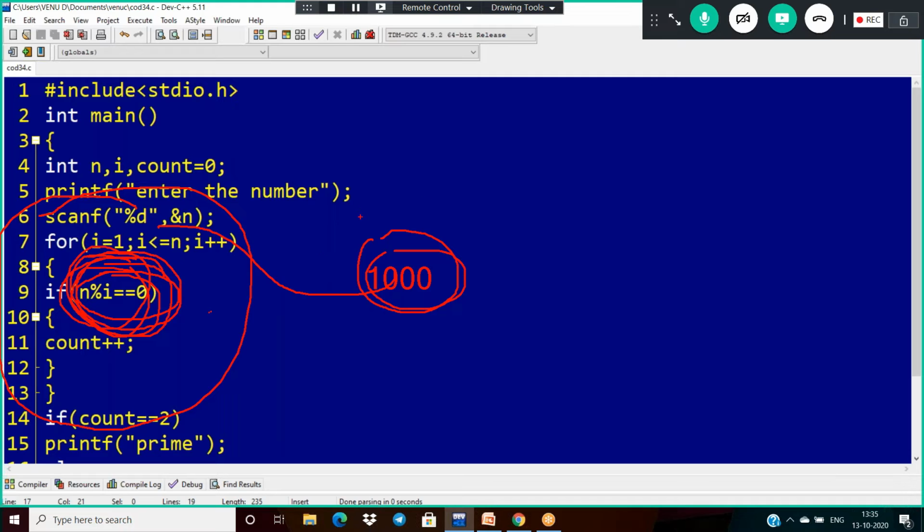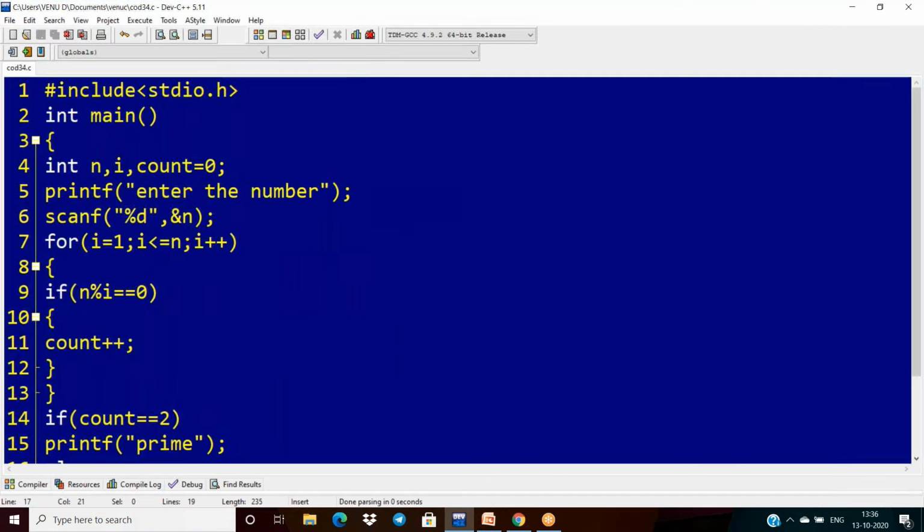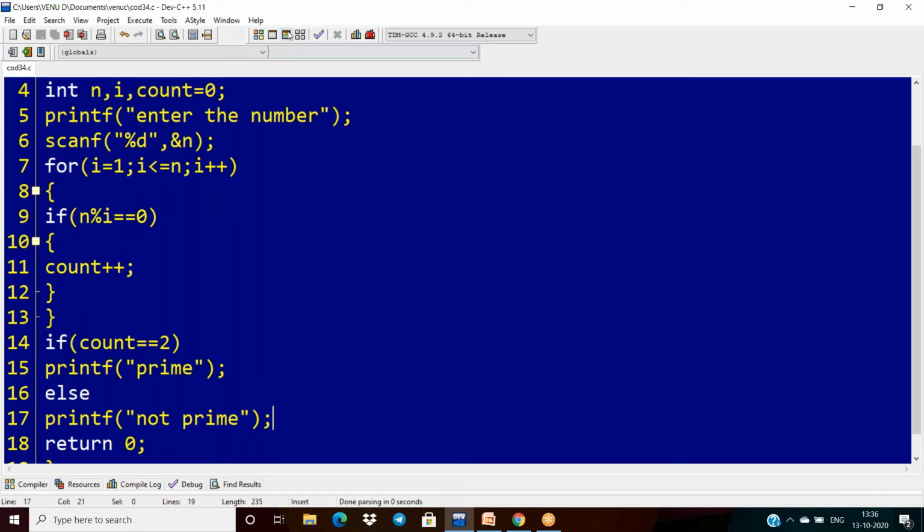So to increase the performance, we need to reduce the length of the code or reduce the number of iterations. That is called optimization. So I have to explain the same code with another approach. Anyway, if I give 1000, it will take 1000 iterations.